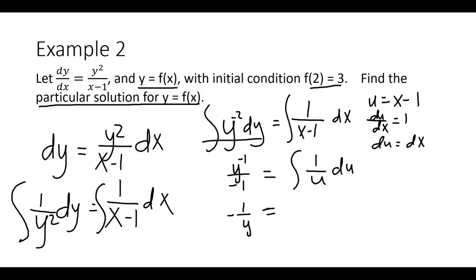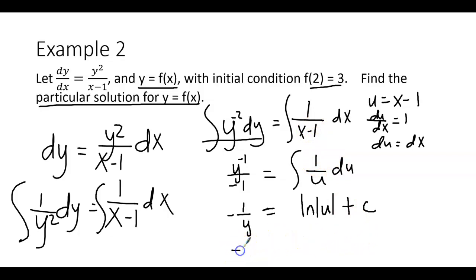Now when you want to integrate this, notice that the power of the u on the bottom is a 1. Now that's not a reverse power rule, so I'm not going to move this up to the top and call it u to the -1 power. This is actually an ln problem. When you integrate, you put ln of the absolute value of u, and you don't want to forget your plus c. You'll notice I didn't do a plus c on this side. You don't need to do it on both sides. You just need to do it on one side, and I just do it on the side that has the x just because that's how I choose to do it. But you only need 1 plus c there.